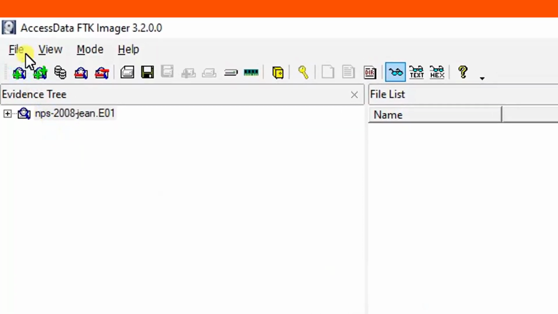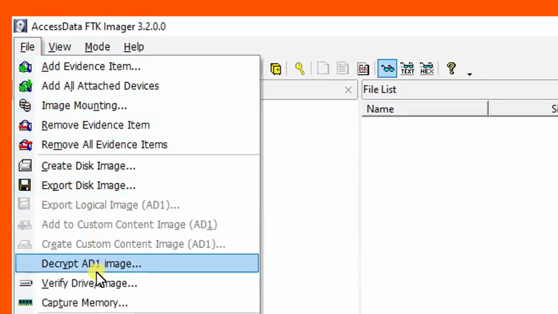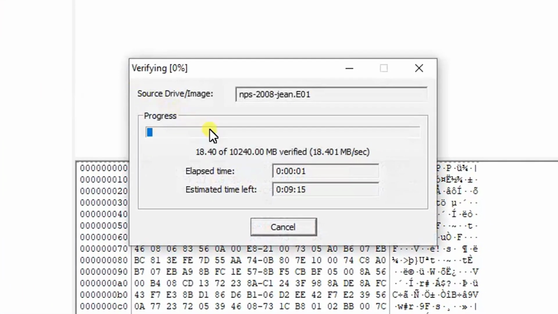So what I would like to do is verify the integrity of this image file to check if it was tampered with since the creation date, right? I want to see if there is any tampering of this image.